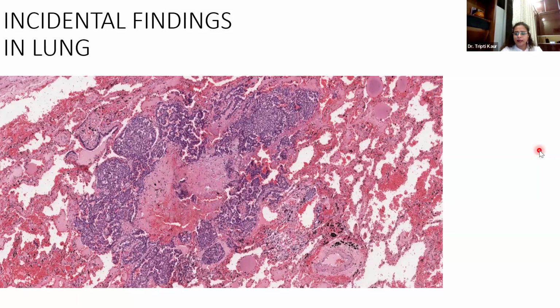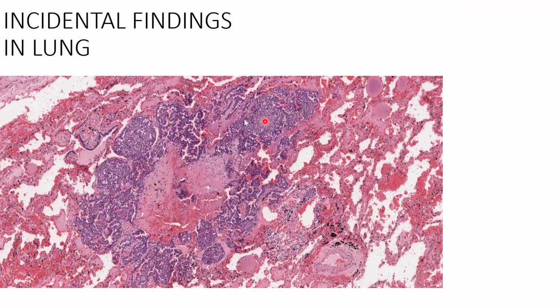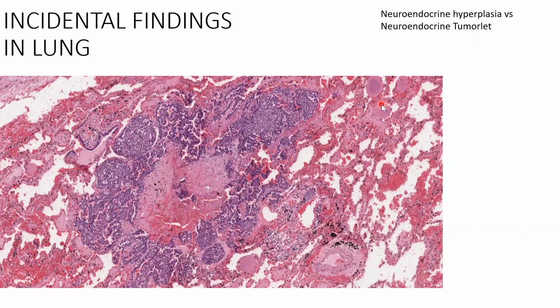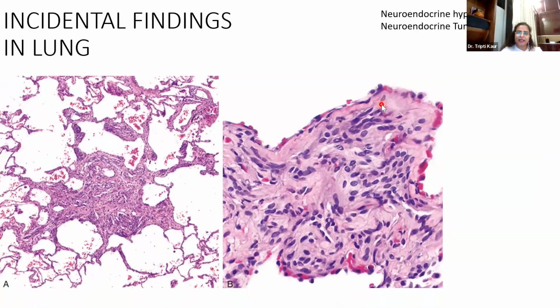Okay. So what are these incidental findings in the lung? Anybody? These are very round, homogeneous looking cells in nests. Meningothelial nodule. Okay, that is also coming, but this is in particular a neuroendocrine tumorlet. Carcinoid tumorlet, yes. And the next is, as you said, meningothelial nodules. These have a very syncytial kind of appearance.